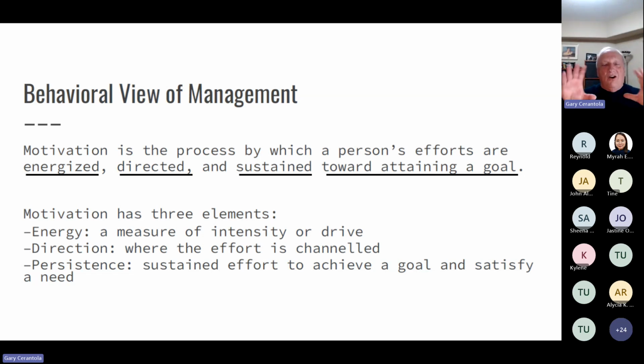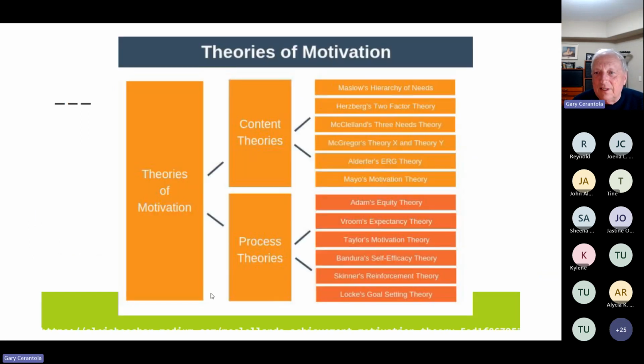So that's all in a nutshell. What are you trying to do then? You're trying to affect the behavior of your workforce to be aligned and understand what needs to get done, and when it gets done, and how it should be done. And that's what motivation does, overall. Okay.